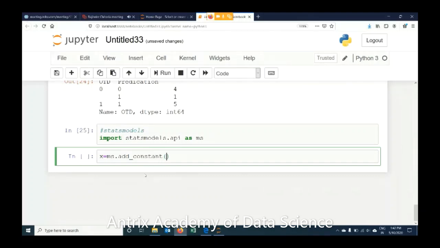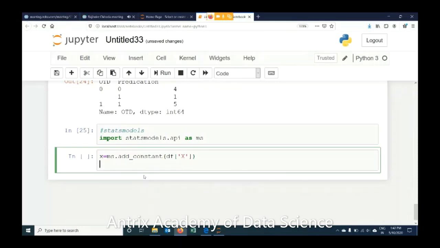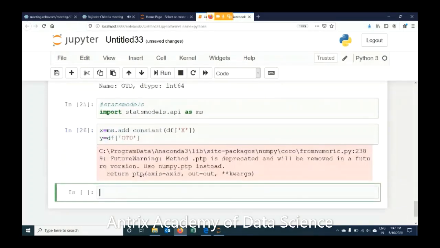Constant, I say x. So in that case my y is df OTD. That's it. So sm.Logit is my logistic regression class. So y versus x, I'm fitting it, I'm holding it in md,